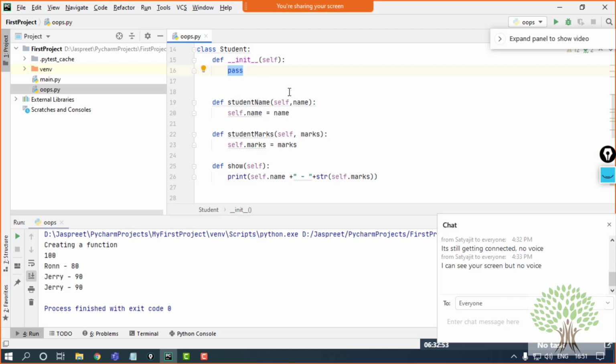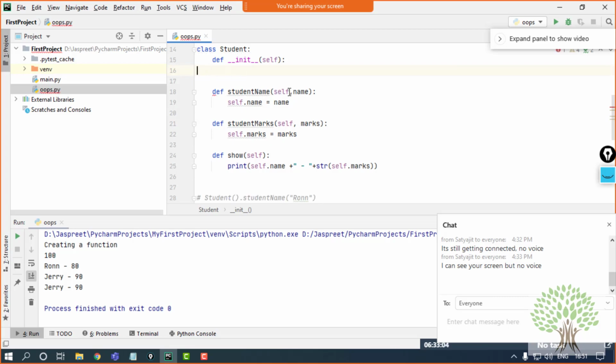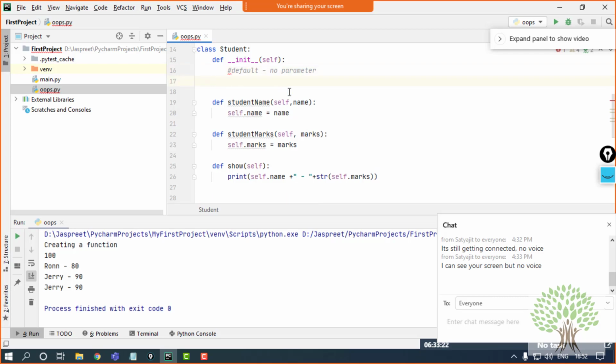But this constructor is very useful when we work with the projects that you will see in the coming time. Right now I'm not going into that. But let's just make this constructor. The body has been created. There are two types of constructor that Python supports. One is the default one, which does not take any parameter. There is no parameter passed to the constructor. The second one is the parameterized one. To this you can pass whichever parameters you want.